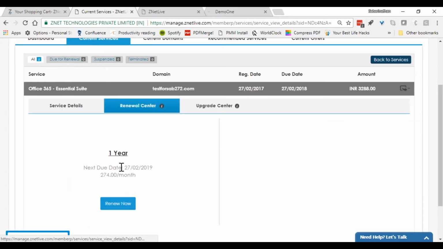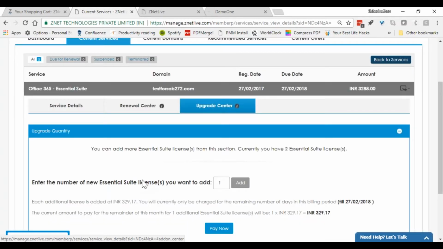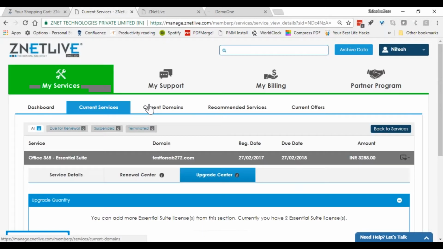And renewals, very important that you give self-service for the customer to renew his service. So he can renew it directly from here, which means it will be automatically renewed on the Microsoft portal as well. And then on top of it, you are also able to add additional licenses from here directly. So you are still able to perform all of these functions, and you're empowering the customer to do it himself.